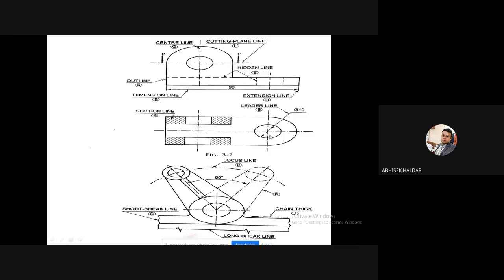Okay, there is a hole. But from the front side, from this side, I am unable to see this hole. From the top only I can see this hole, but the hole is there. Are you getting my point? From the front, I will be unable to see this hole, but that hole is there. That means from this point, if I draw a vertical line, I will get this line. From this point, if I draw a line, I will get this measurement.